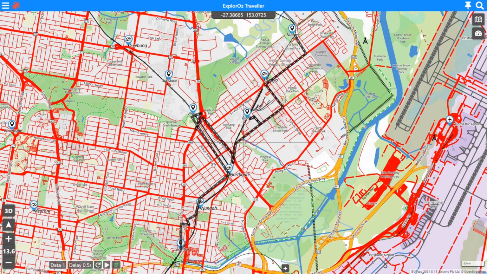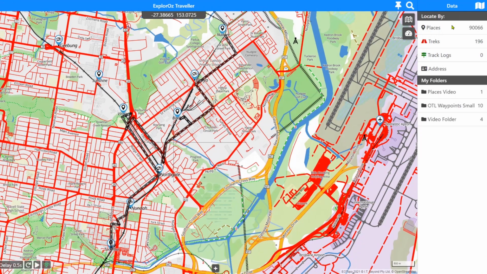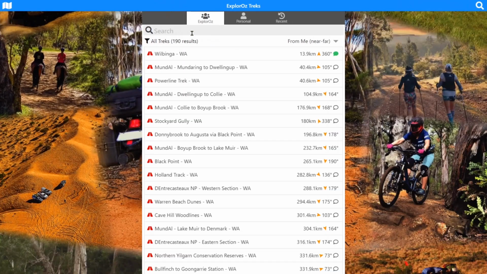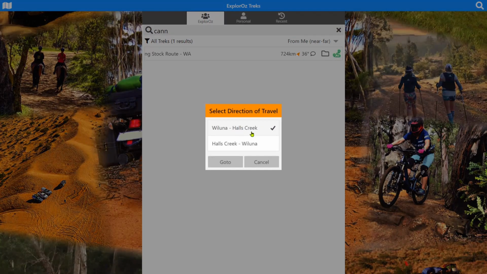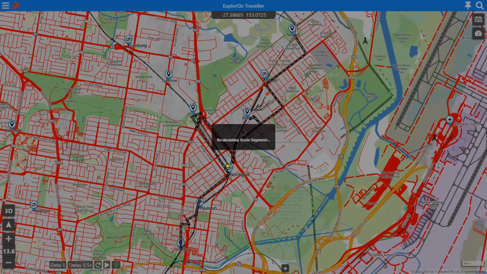Okay, so we showed you these creating shorter ones. What we'll just have to have a look at now is we'll load up a large trek into the routing system and just see how you would start a trek. Let's do the Canning. It's our longest one. So we'll just load that in. You can select the direction of travel if you're creating a plan, or you're just going to do the trek. I'm going to go from Wiluna to Halls Creek from the bottom to the top, and it'll load that into